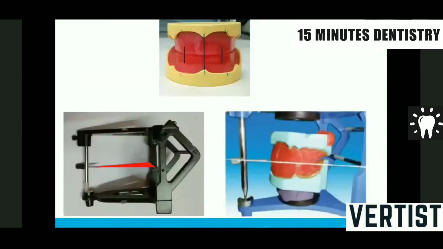But in your case, we have a horizontal bar and some thread relation which we use. So the top photograph shows an occlusal rim marked with the midline and the canine lines, and the lower triangle what you see is the occlusal plane bisecting between the incisal pin and the horizontal bar. So for ease of mounting, we tie a thread and we just mount it on the articulator.